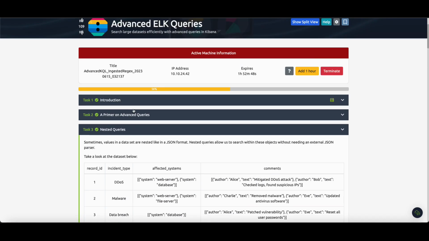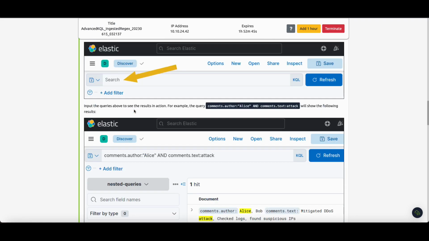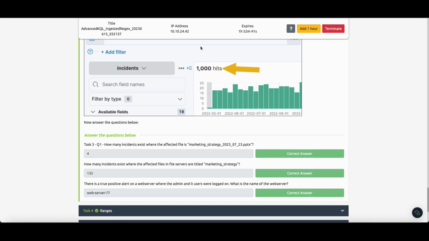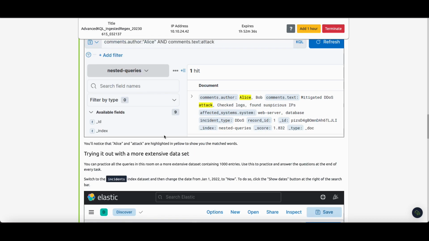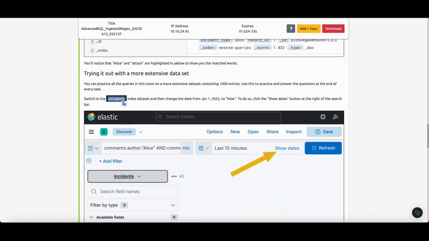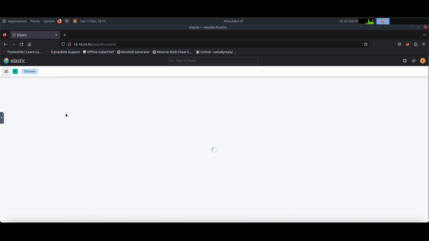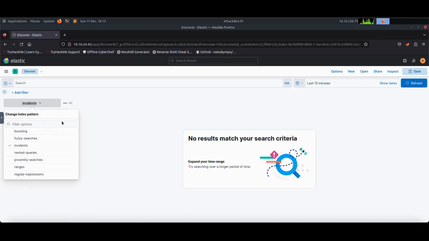Let's move on with task 3. It is an important task and a little bit hard for beginners. It was also hard for me too. To solve these questions, first we have to go to this index. What I mean is, here you have to go to Discover. Here you can see your indexes. As you can see, boosting, fuzzy searches, nested queries, but here we will be interested in incidents, and our